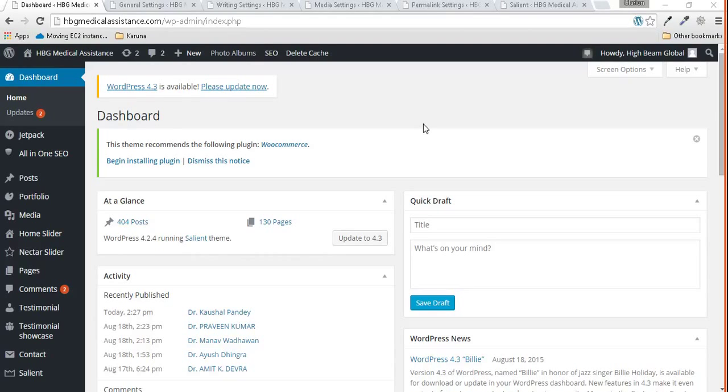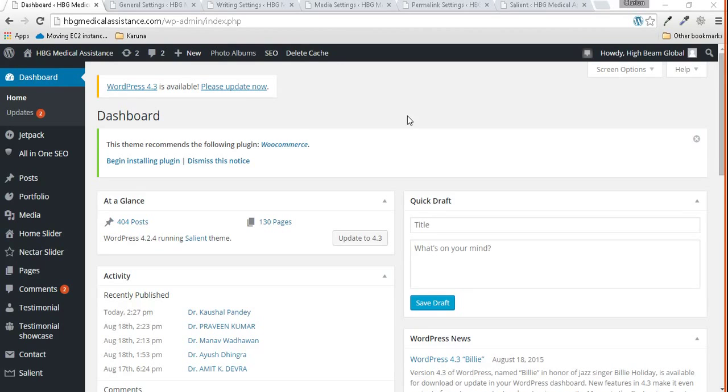Today, our focus is on the settings of a dashboard. Basically, the WordPress dashboard offers two types of settings. One is the dashboard settings, where you can control how the website should look, as in how the skeleton of the website has to be managed, which is done through the general settings. The second type of settings is theme related settings.